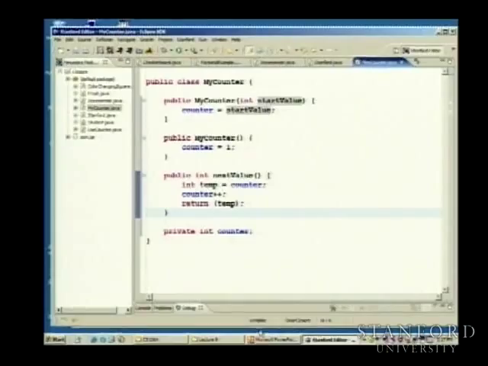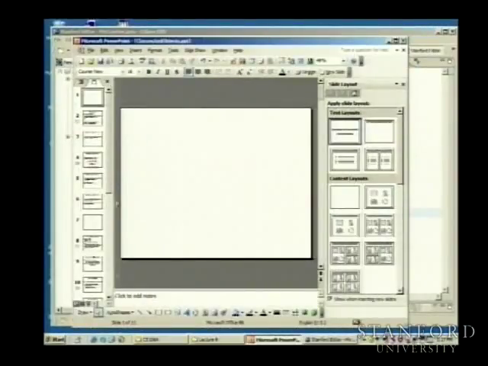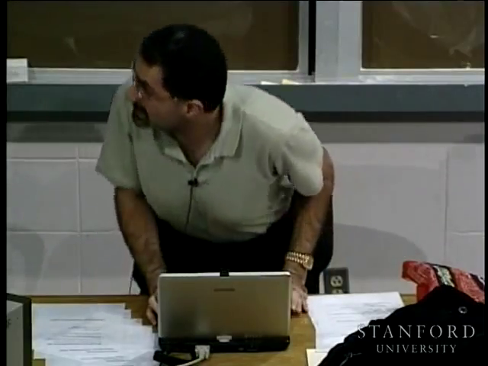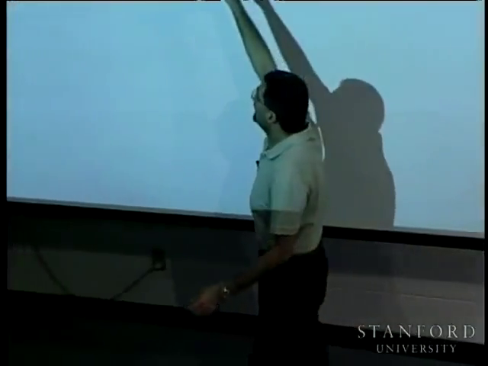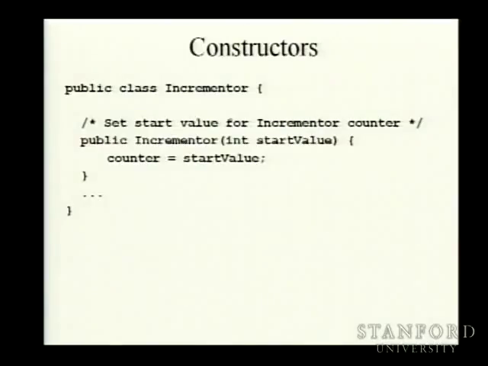Now, let me show you one other thing before we actually make use of this class. It's a way that we could have actually done things slightly differently. So when we actually created the class, here's our constructor. In this case, what I've done is I've just renamed the class from myCounter to be incrementer, because incrementer is kind of the more funky computer sciencey term for it. An incrementer is something that adds 1 to something and counts. So rather than myCounter, which is just all fuzzy and cute,